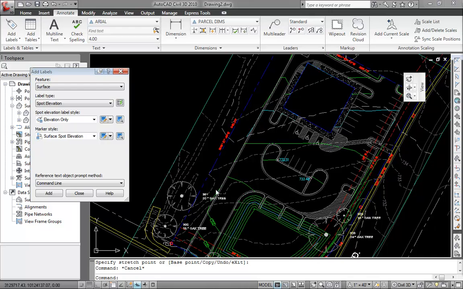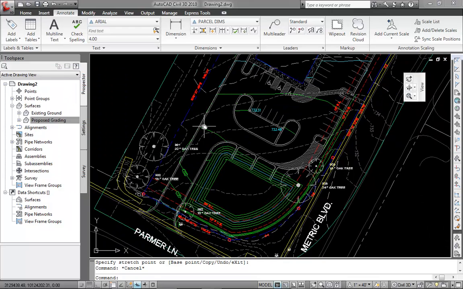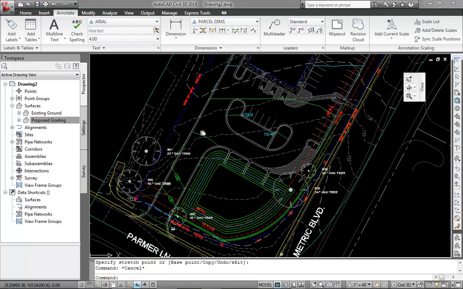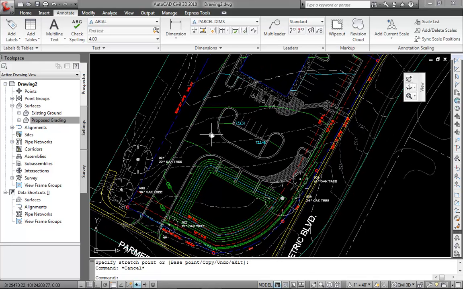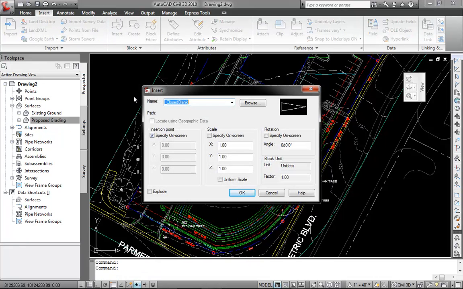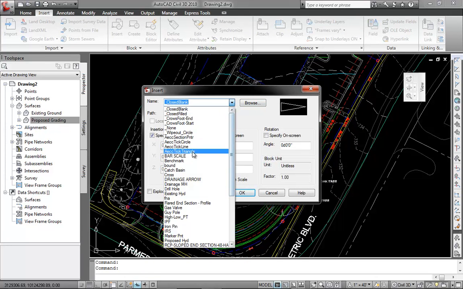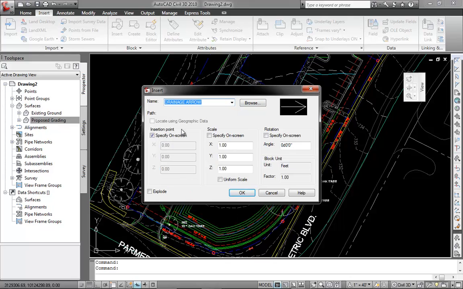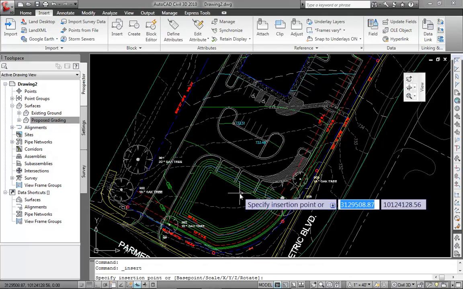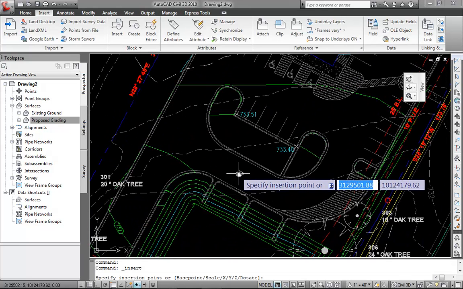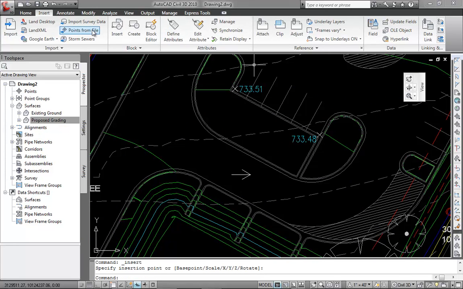Okay, and the next item is to import the drainage arrows to indicate the flow of rainwater travel along the top of the surface, the proposed surface. So it's kind of like the existing drainage area map. So we'll go to Insert, and on the Insert command, from your drop-down list, Drainage Arrow. You do want to specify the insertion point. So you just pick in the drawing where you want it to be, and then use your Rotate command to